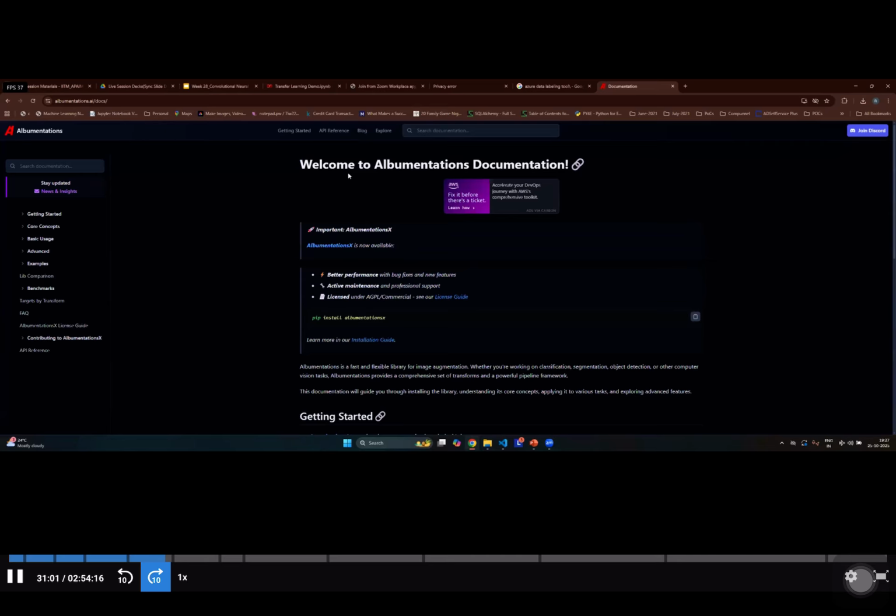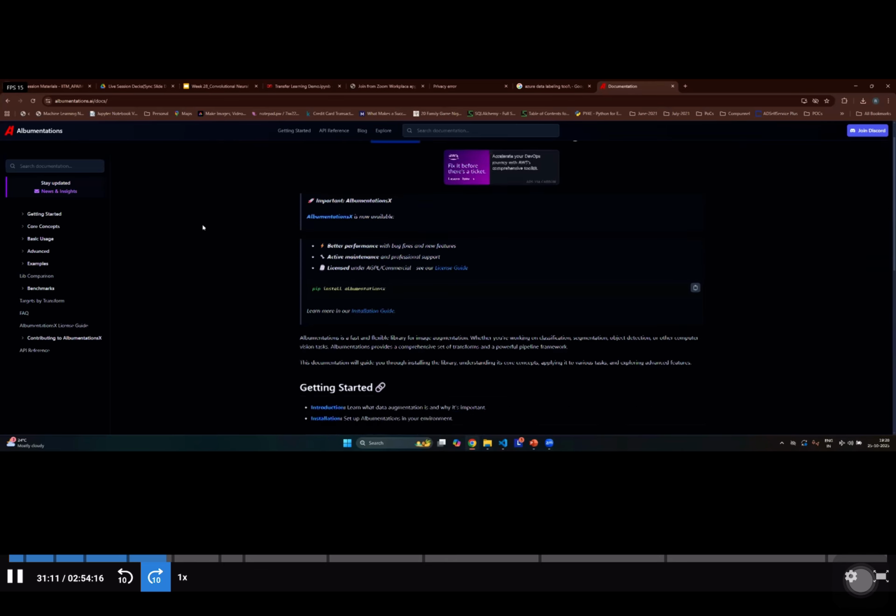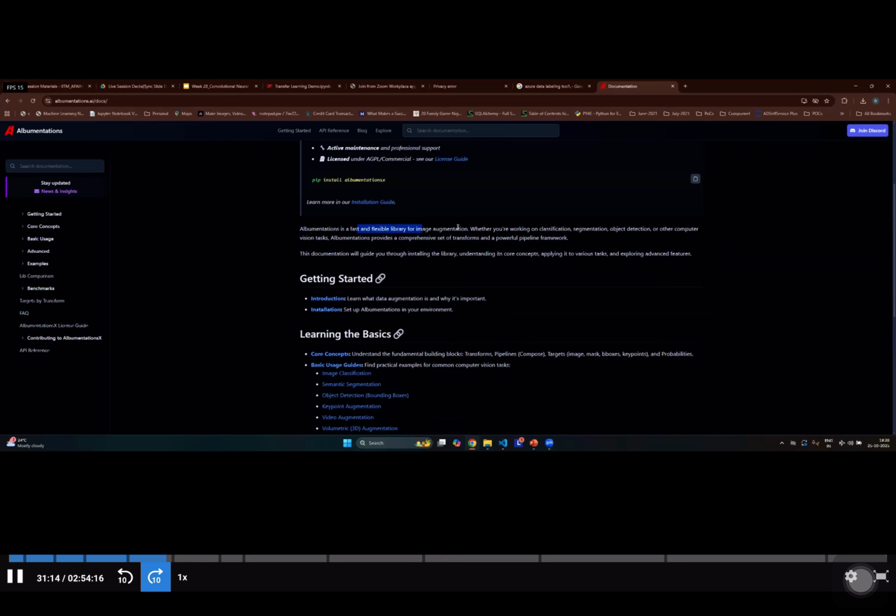So some are freely available, some are paid ones, right? There is something like Albumentations. So what it does is basically it's a fast and flexible library for image augmentation. So if you are working on a classification or a segmentation, object detection, for example, I work for the railway